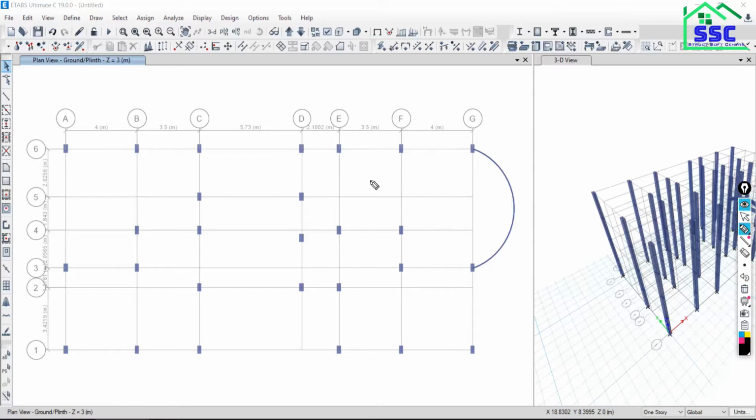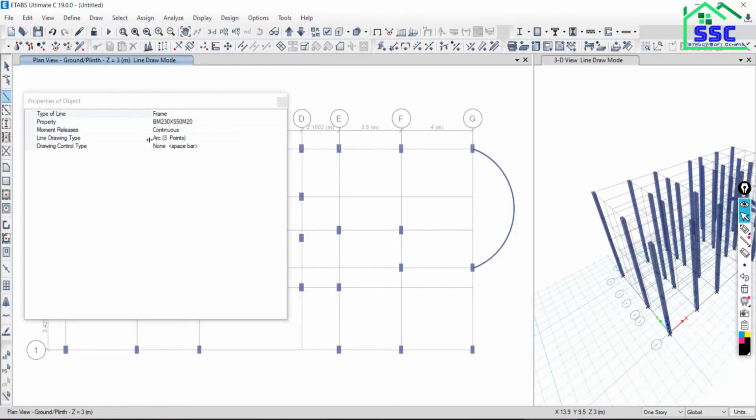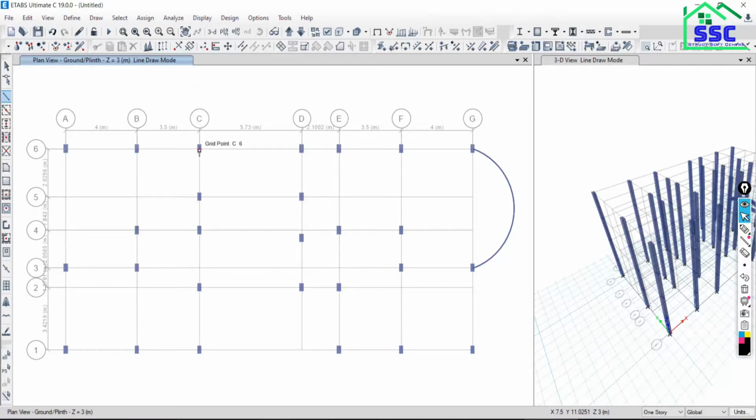So how to model this kind of beam? Just click on the beam, and this is not the straight way. So click the beam and go with the arc 3 point option. Just close this, and this is the first point. Freely move to the next point. This is done. Now define your radius. Suppose this is here. Just click that, so the beam will be modeled like a curve. Is that clear? Yeah, so this is the 3 point option.